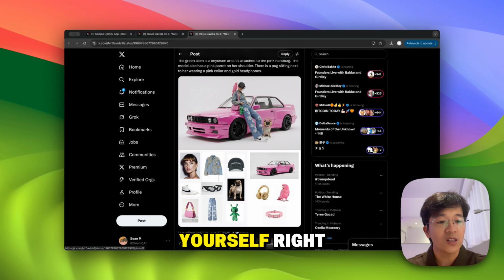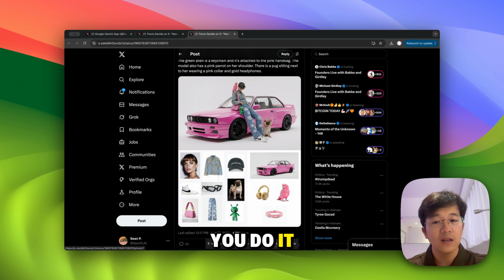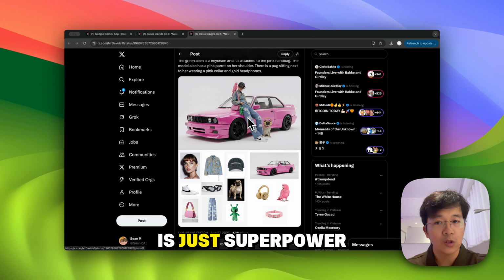And even for yourself, if you would like to wear some clothes from Zara, for example, instead of taking a picture of yourself with the clothes on, you can see how this goes. Later, right after this one, I'm going to show you how you can do it in AgenticFlow, because we already finished the integration with Google on this model. But this is just super powerful.